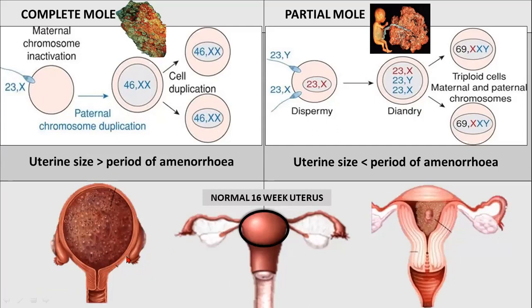But in case of complete mole or vesicular mole, what happens is there is accumulation of the vesicles inside and blood clots and also concealed blood. Therefore, when the normal uterus is of 16 weeks, the complete mole may be of 24 to 28 weeks. That is, it may present above the umbilicus. And with the normal pregnancy, when we compare the partial mole, it is also more when compared to that with complete mole. But a fetus is present here. Okay, so it may also be more than the normal pregnancy, but it is less in size when compared to that of the complete mole.